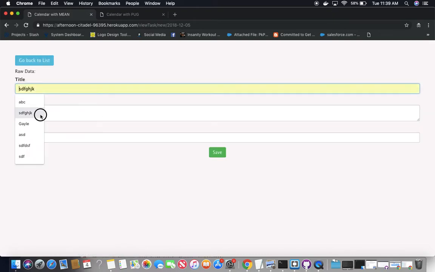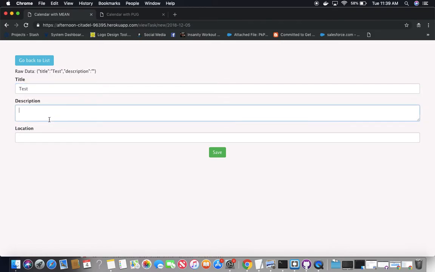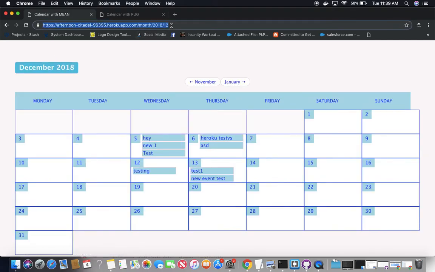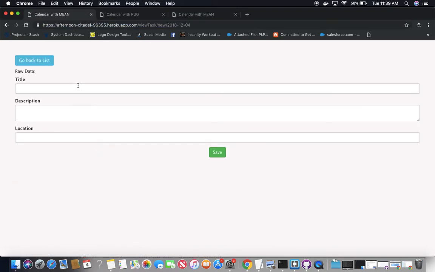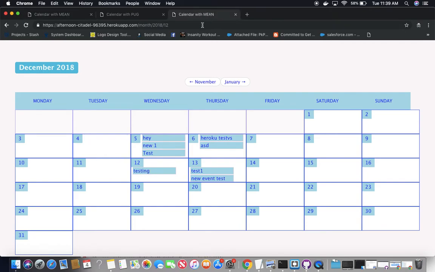So here, if you see, this calendar will refresh itself every 30 minutes. Let's say that I open another session of this, and let's say I add another event here. So many events. So when I save this and if you look over here, I'm expecting a refresh to happen